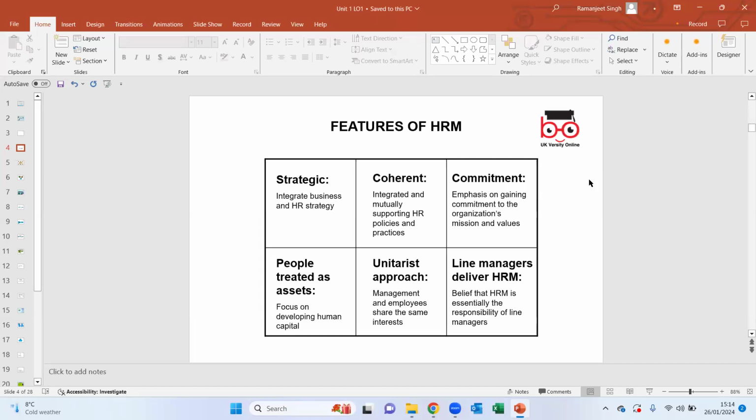Now, people are also treated as assets. If I talk in human resource language, essentially, all the associates working in an organization are the biggest assets to the company, because if they wouldn't be there, then obviously the company wouldn't exist, right? That's why human resource managers put so many resources towards training